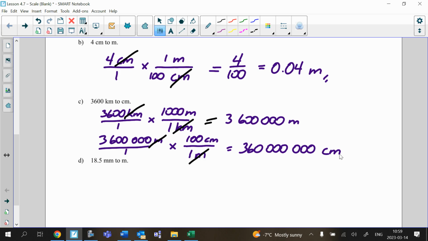So that's my final answer. You could have actually done both multiplications in one step and canceled out kilometers and meters at the same time. Or you could have done it in 2 steps like I did here. So the last one,